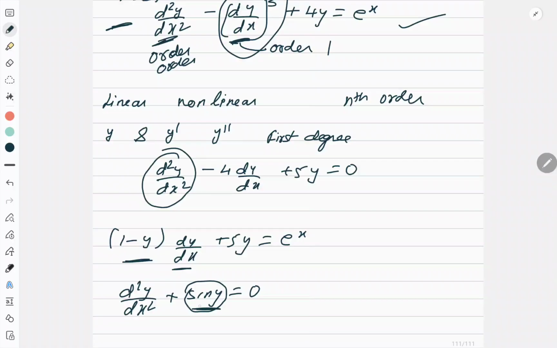It is also non-linear because of the presence of this sin y, because if you expand the series of sin y, you will get powers of y in it. Same way, d4y upon dx to the power 4 plus y square is equal to 0 is also not linear because y has a power. So this is how we classify linear and non-linear differential equations. These are the basic concepts which you should know before starting any topic. We can form differential equations in many places, like mass, spring, damper problems, and even in an LCR circuit.